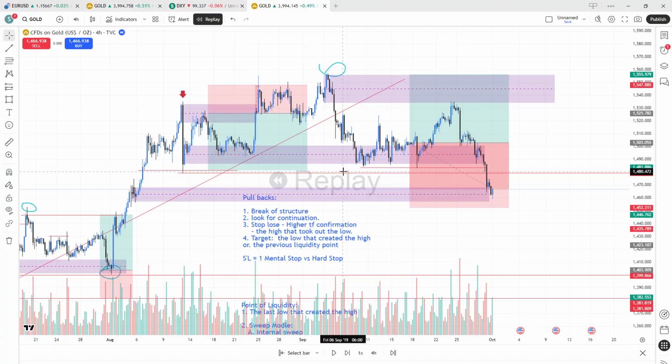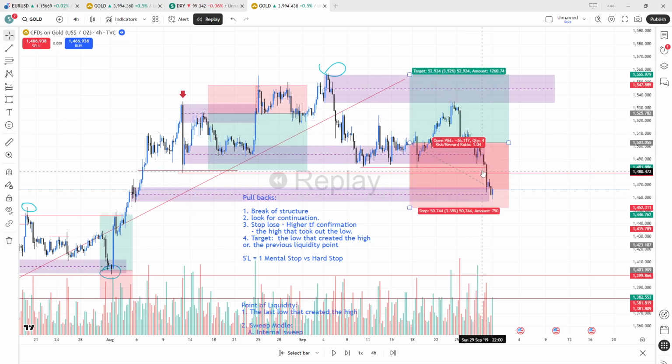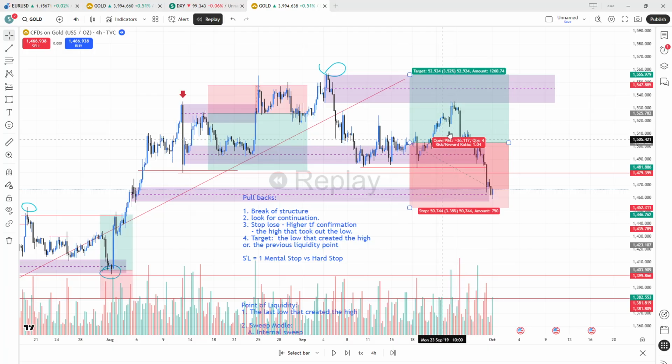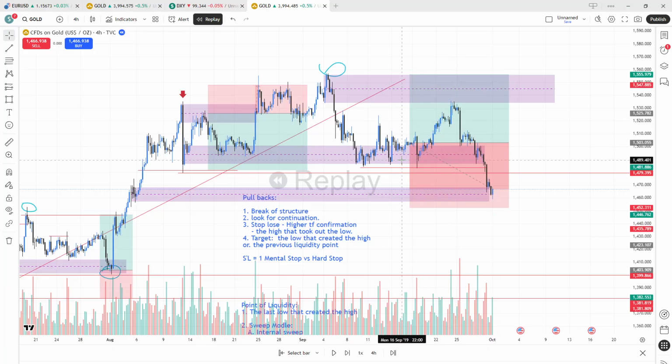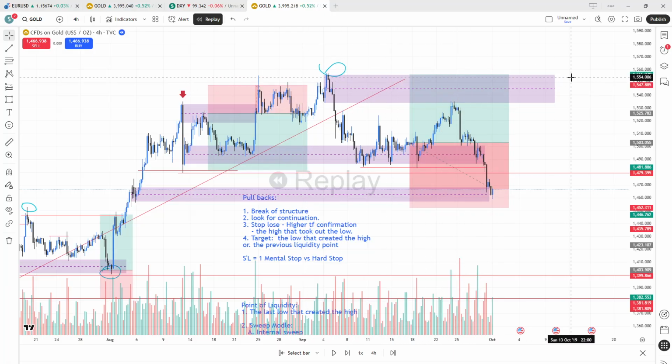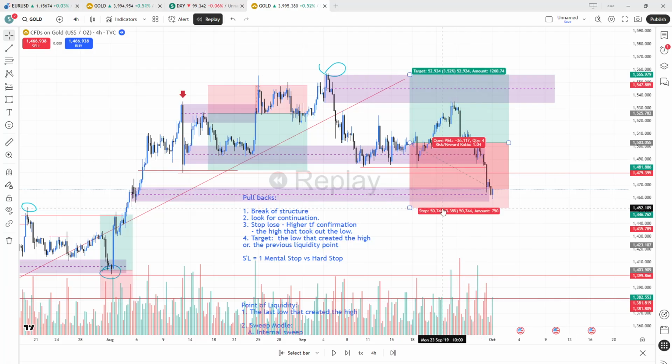And again, mind you that we have two stops. One is the mental stop. This is something that we could have got out here. Why? Because that's our mental stop number one, right? We can see that there's structure here, right? Also, we acknowledge there's a strong support resistance area here, but